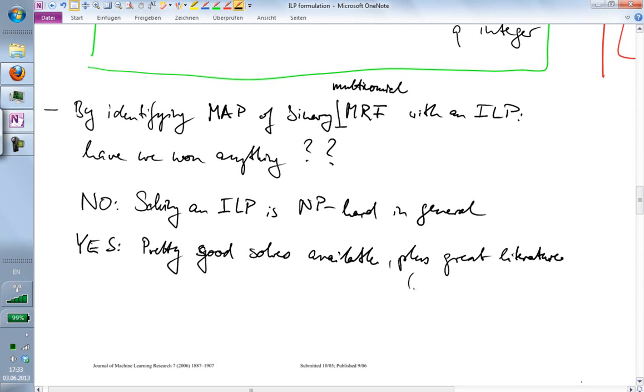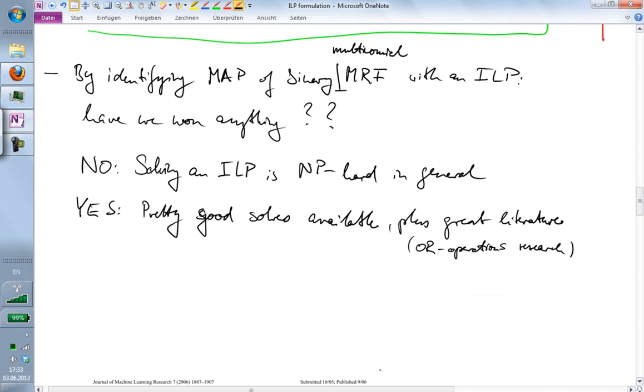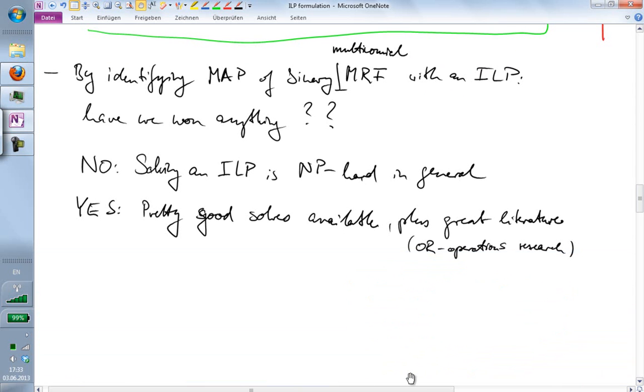So the OR, or operations research, people have looked into many of these problems before image processing people did, and the latter have a lot to learn from the former. So it was literally the ideas from operations research from the 60s that started being used in the 90s and in the 2000s in image processing, which is not just because image processing people are dumb, but also